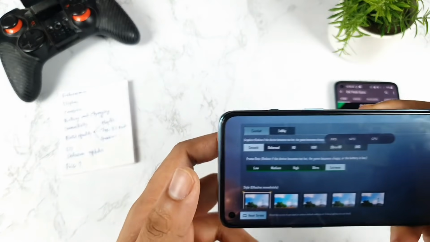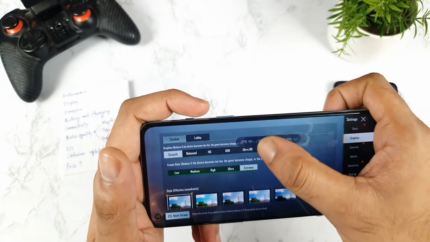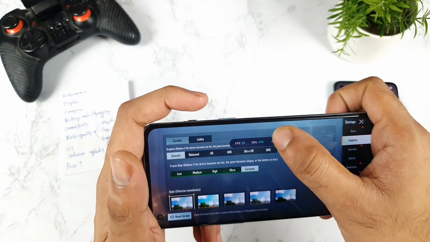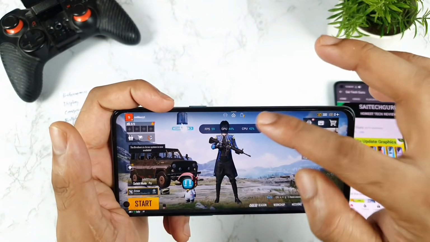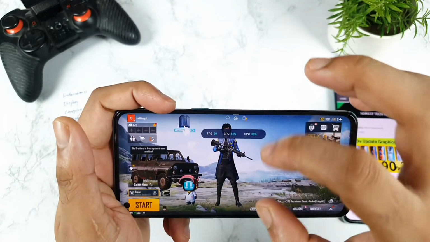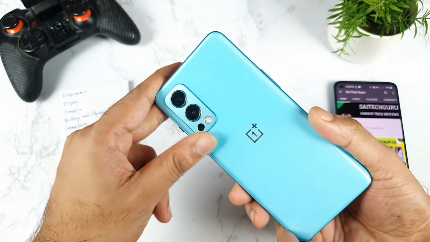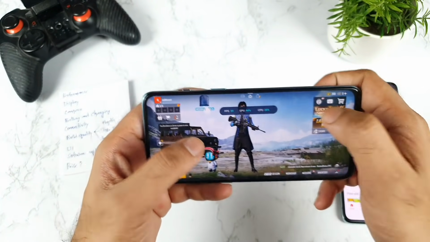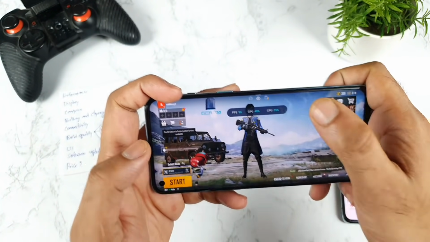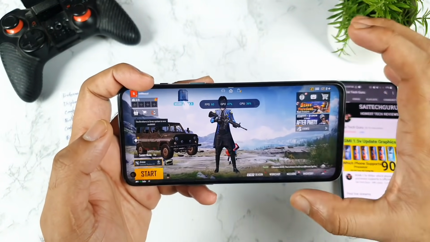One more thing, I liked the addition of a real-time floating FPS meter, which is a fantastic option. Trust me, yes. You can get this floating FPS meter working perfectly in the OnePlus Nord 2 device, friends. That's very good to have. I did not expect this level of update. That's very good. While playing games, you can actually see in real time what is happening as well.